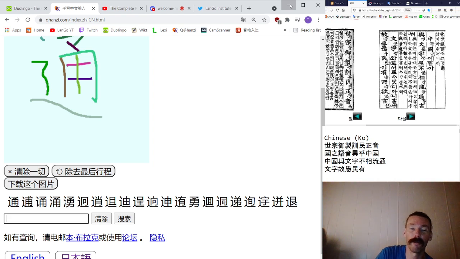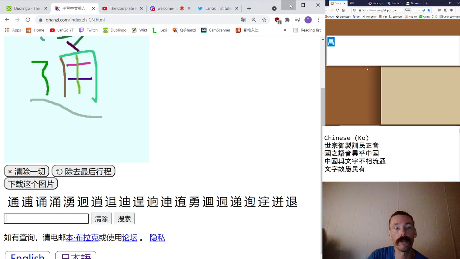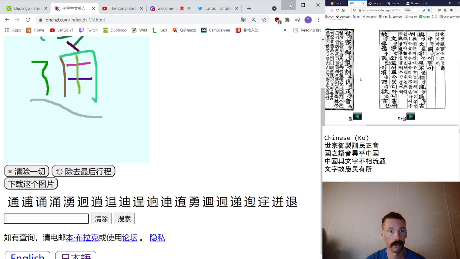Oh, I see. From the sound, I can deduce what it is. I think it is this character. Tell me if you can see it also. It is read so in Korean. Yo so would also make sense. It would give a good sentence. Okay. Does that work for you? I guess. Yeah, I'm going to assume it's that.